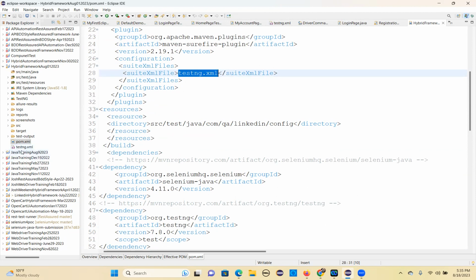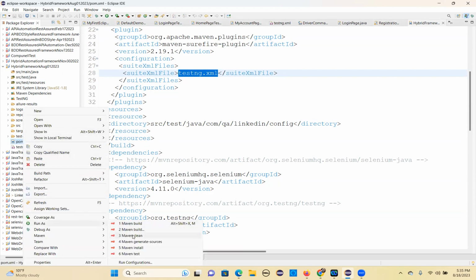In the project directory, it is there, so you mention that here. Or if you kept it somewhere else, you can mention that location. It is not necessarily always here; you can keep it somewhere here also, and you mention that location. So once you mention this position, then simply right click,